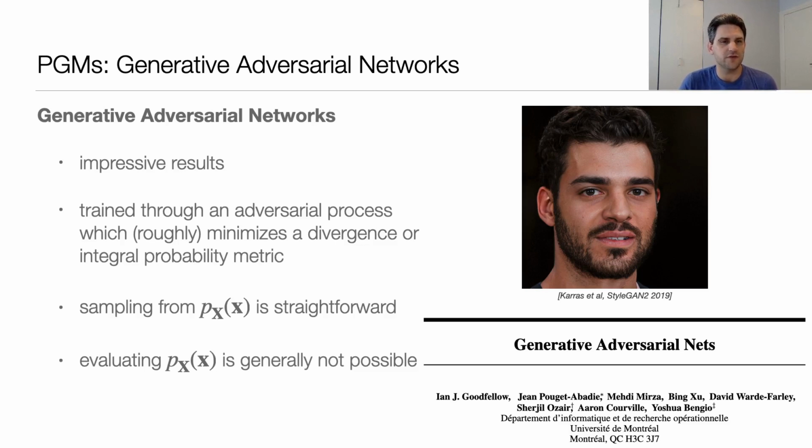They're trained quite differently. They're trained through an adversarial process, which we can actually understand in the context of a probabilistic generative model as minimizing a divergence or a particular integral probability metric, which is different than necessarily just maximizing the likelihood of the data. Sampling from GANs is actually very straightforward. In fact, they are constructed to make sampling easy and efficient. However, evaluating the density is generally not possible. So using them as likelihoods, using them as priors is generally not possible